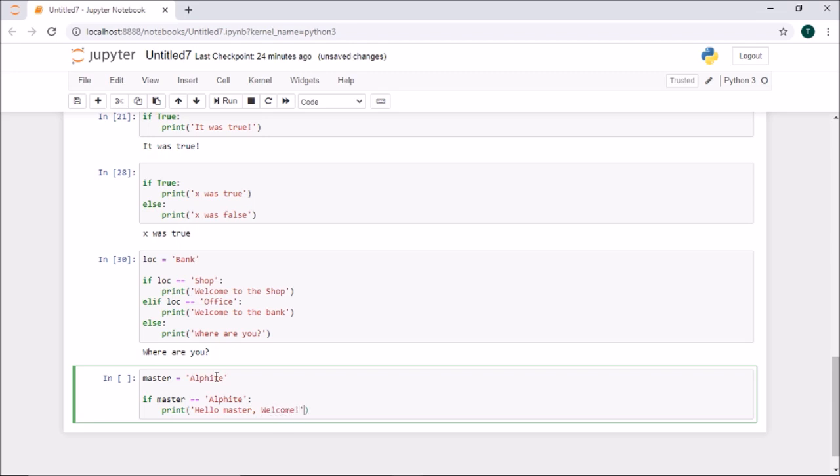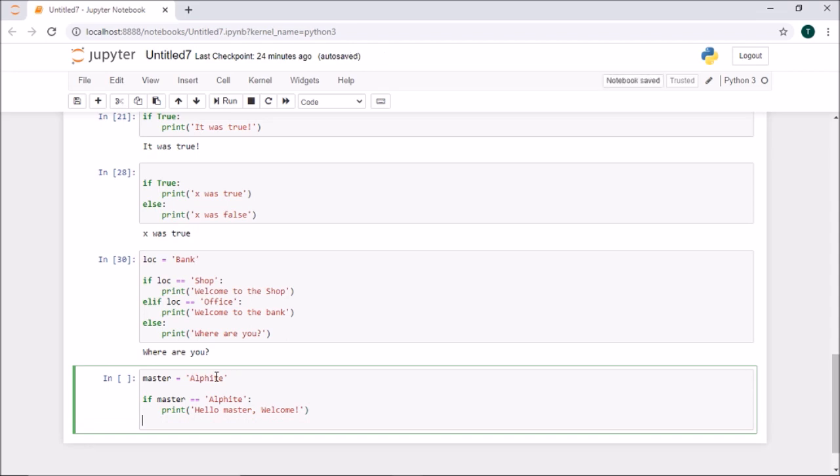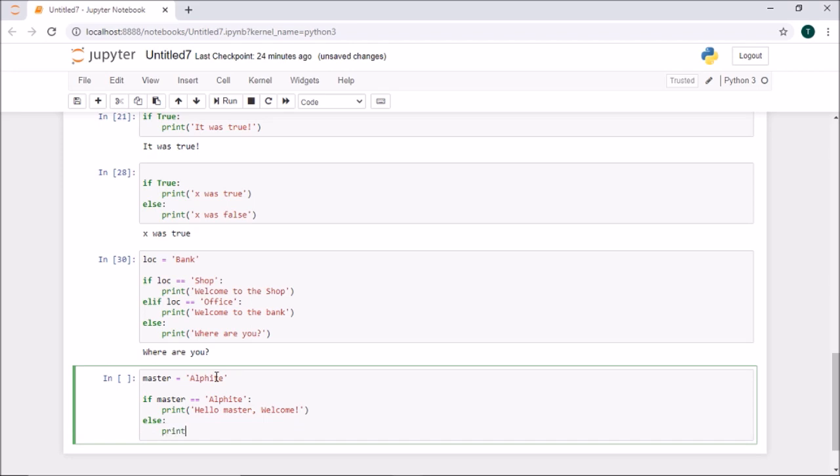Okay, so if it is not, else. Okay, so else print, may I know who is this.